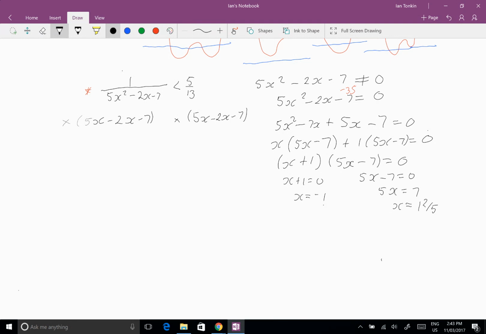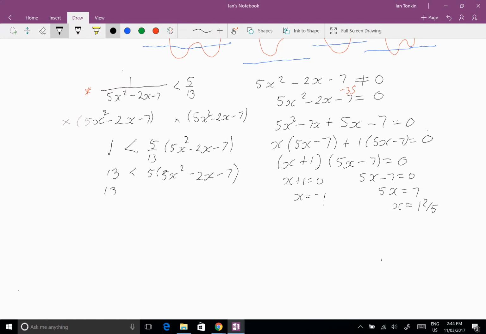And over here, that'll just cancel, so I'll be left with 1. And over here, I'll have 5 on 13, 5x minus, squared, minus 2x minus 7. Now I don't want to deal with that fraction, so I'll multiply the 13 across, and I get 5x squared minus 2x minus 7, or 5 outside of that,